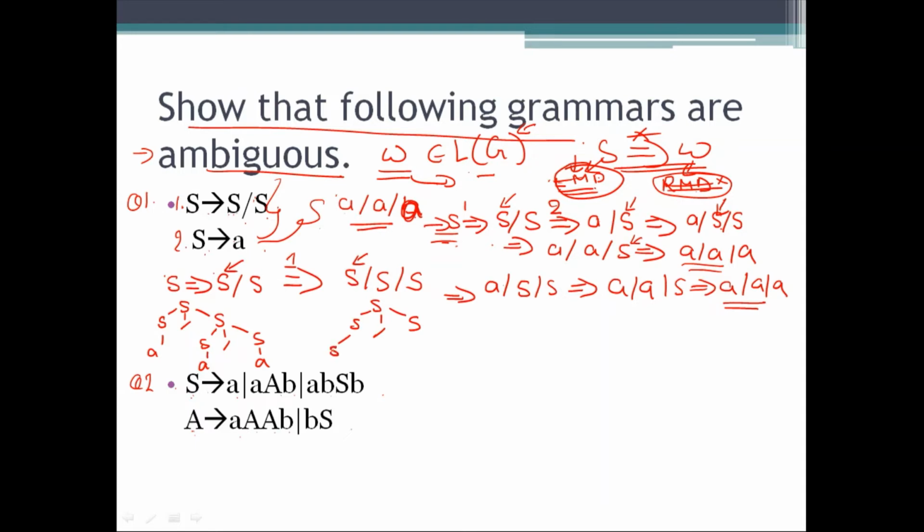Next you have replaced this by this, by A, and A. The yield of the tree is like this. Again the yield of the tree is like this. Okay,